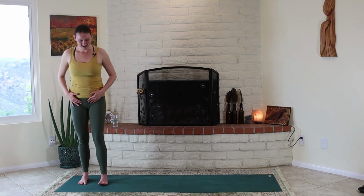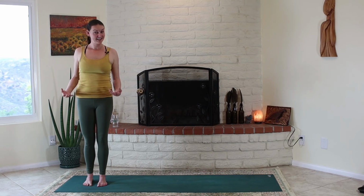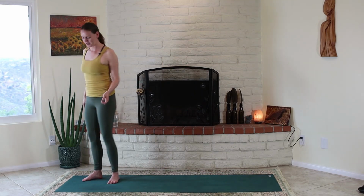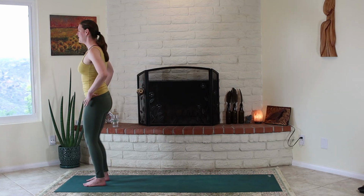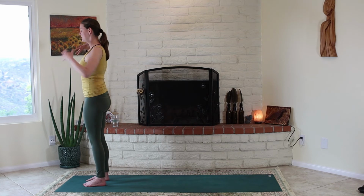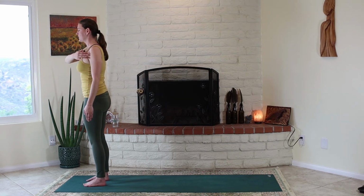Okay, let's go ahead and take that leg in, shake it out if you need. Feel how your legs feel, how your hips feel here. Let's work with our spine a little bit. So we're gonna go towards neutral in our pelvis, in our ribs, head back, chest open, shoulders, if we can